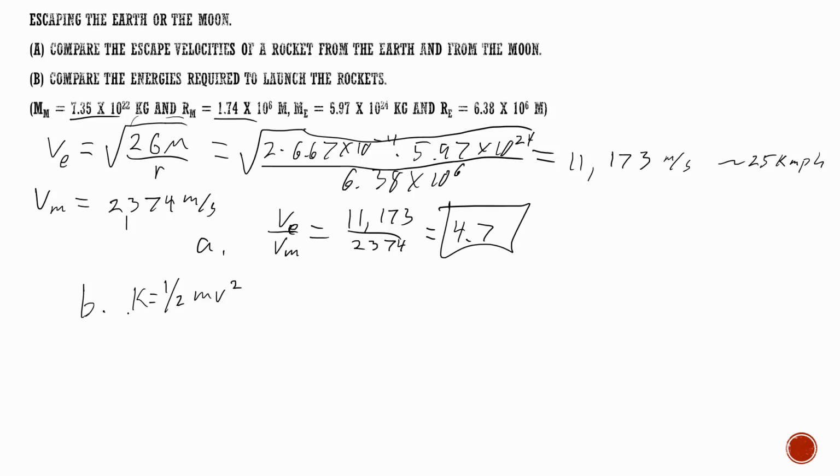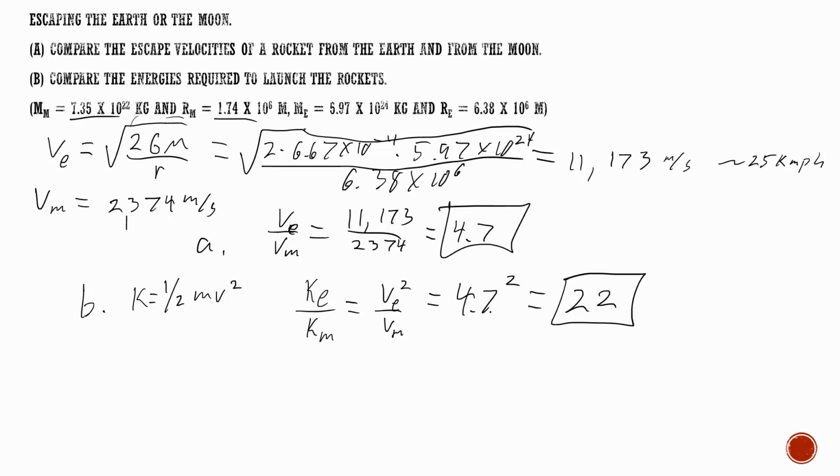But thinking of this ratio idea, for the energies, it could be the kinetic energy on Earth compared to the kinetic energy on the Moon. Everything's going to cancel out except for the ratio of their velocities squared. And since this is the ratio of their velocities, all we need to do is take that and square it. Turns out you need 22 times more energy to escape the gravitational pull of Earth than you do